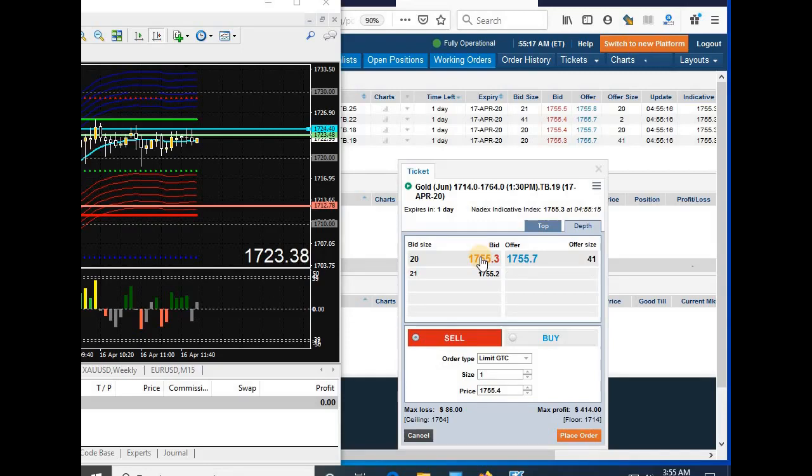That's kind of annoying for me. For most people, I say don't do it until you can understand that these prices are going to move